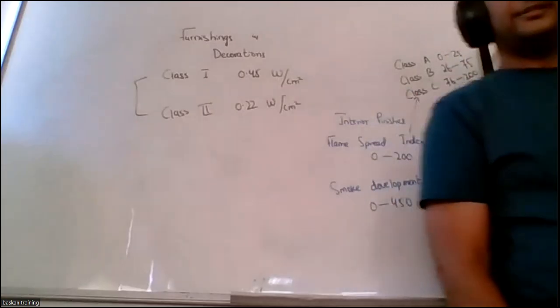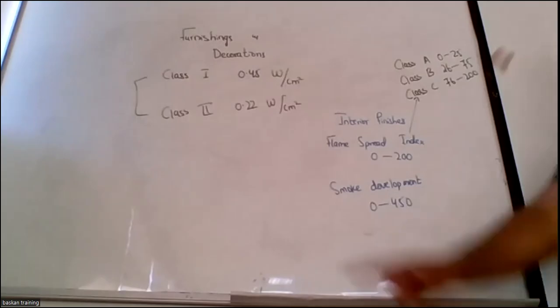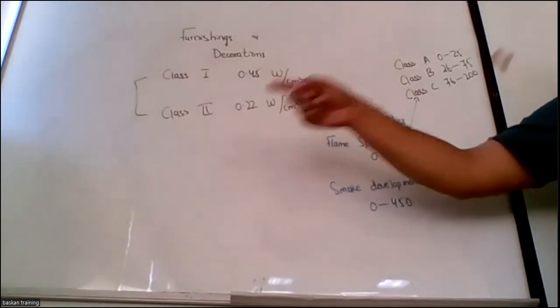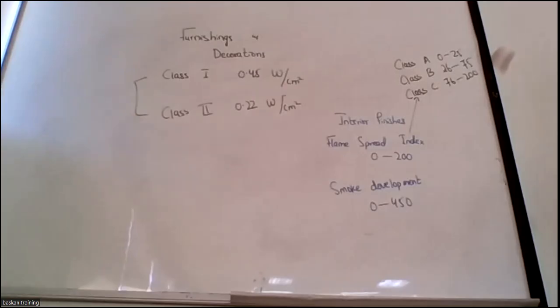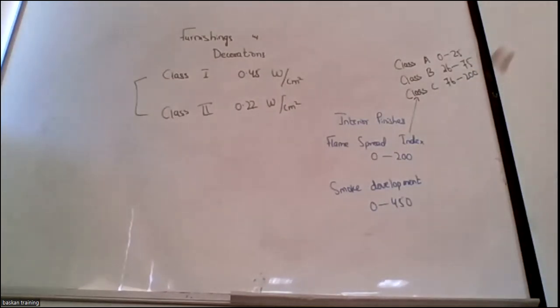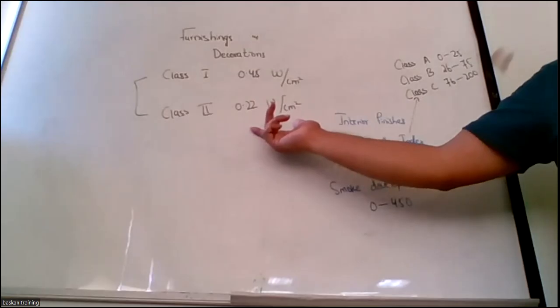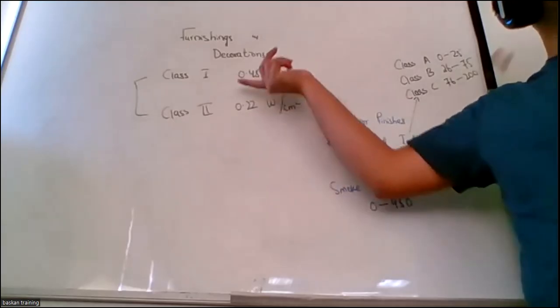Class 2, class 1, we can have class 1, yes. Why? Because the building is already protected by sprinklers. Class 2 is very limited. Someone has written that you can have both, yes, but usually class 1 is classified for sprinklered buildings, and class 2 is classified for existing, non-sprinklered buildings. So you can have a limited amount of energy release, right? Because there are some existing buildings that don't have sprinkler protection. So NFPA 101 keeps both in consideration.